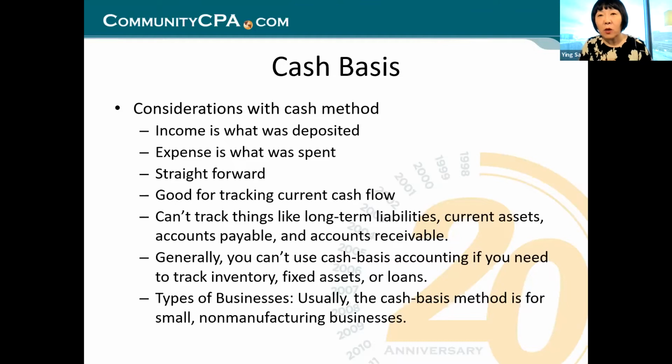That is why sometimes when we deal with small businesses, they will say, oh, the bank wants my financial statement, they're asking me for a cash flow statement. I am like, okay, are you cash accounting? They go, oh, I don't know what that means. And okay, let's look at your tax return, see whether that's marked as cash accounting or not. And if it is cash accounting, you just tell your banker to go look at your bank register. That's your cash flow statement.